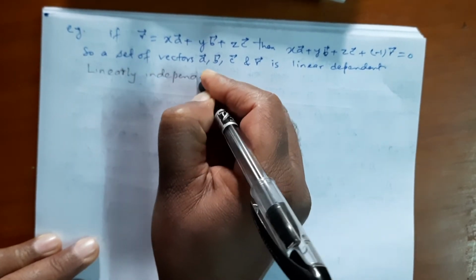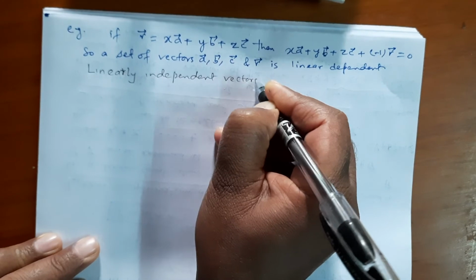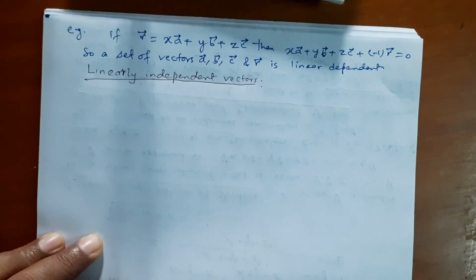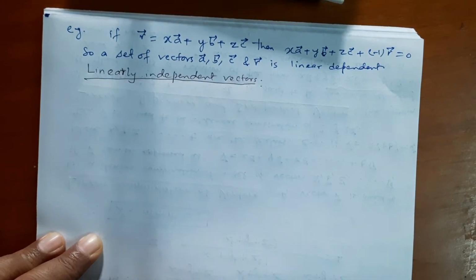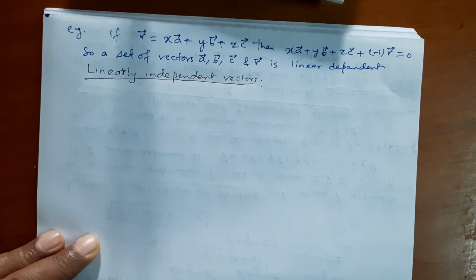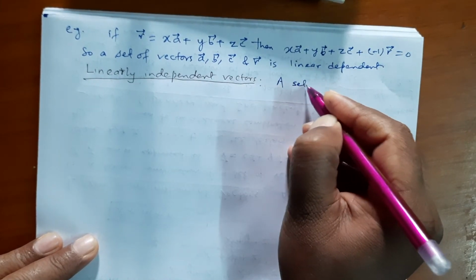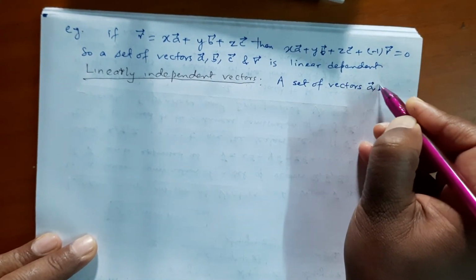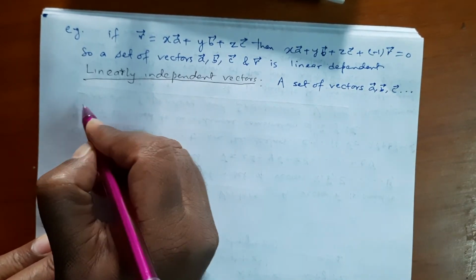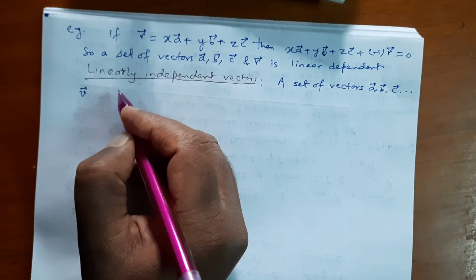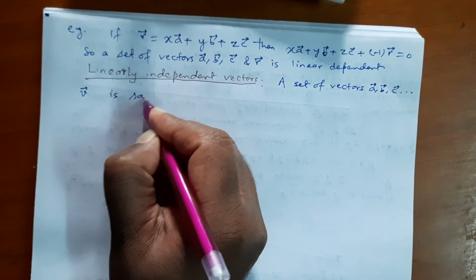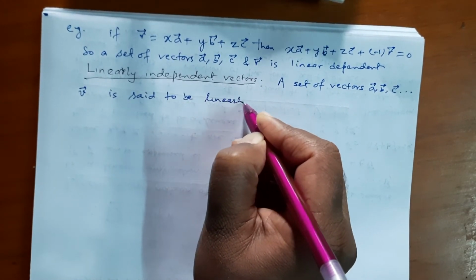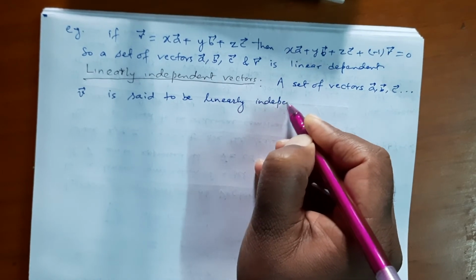Linearly independent vectors. Independent vectors. A set of vectors a, b, c to vector b is said to be linearly independent